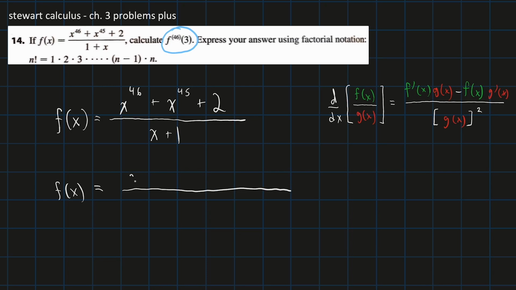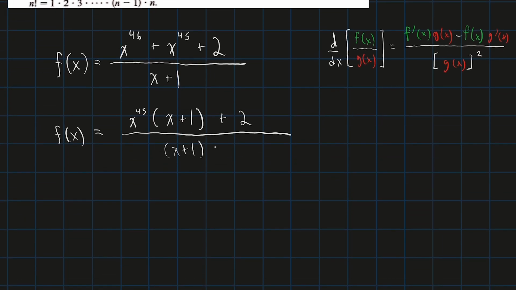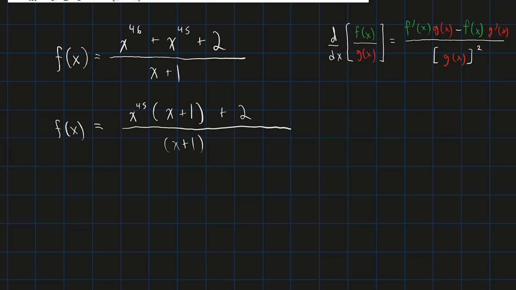So just to show you what I mean, we have x to the 45 factored out from these first two terms, and that becomes x plus 1 in brackets. We still have our plus 2 on the outside, and we have an x plus 1 in the denominator. Now, if we divide both terms by x plus 1 here, we get a much more simplified f of x. So this gives us f of x is equal to